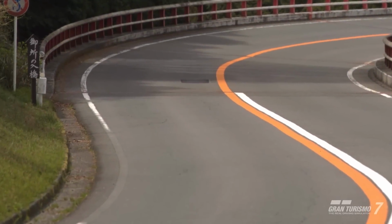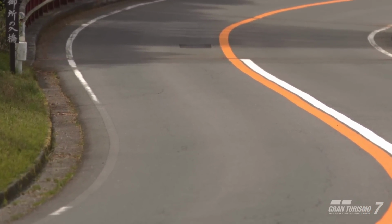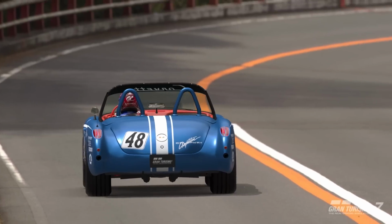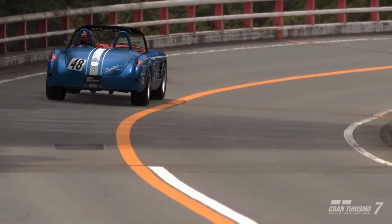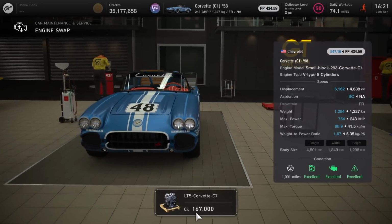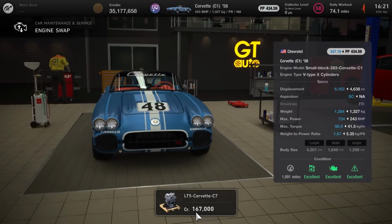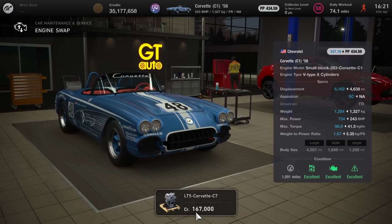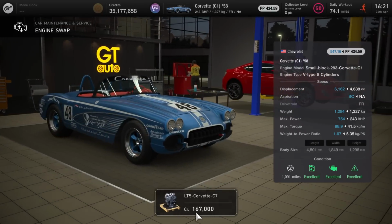The first of these cars is going to be the Corvette C1. This is one of the post-launch Corvettes, I believe the latest Corvette addition to the game as well, and perhaps one of my favourites. It now does receive this engine swap. As you can see, it takes it from the small block 283 Corvette C1 engine, and obviously we'll swap in the LT5 Corvette engine for